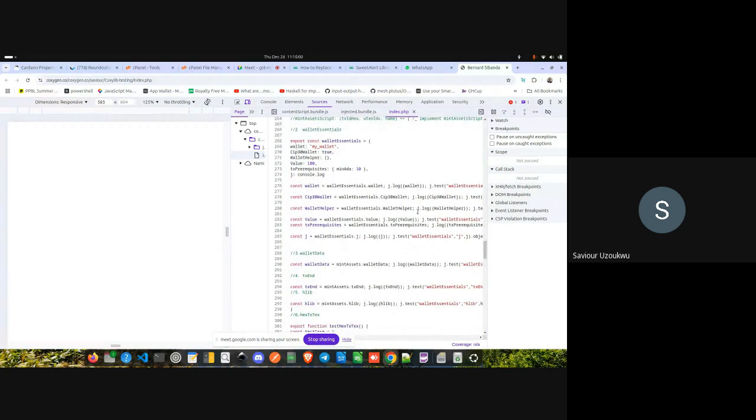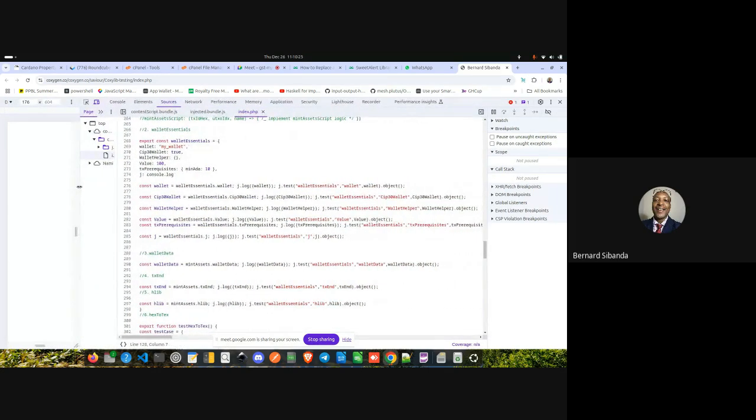I started by declaring some constant variables to use as arguments for testing each of those functions in the Coxylib library. That is what I started with.